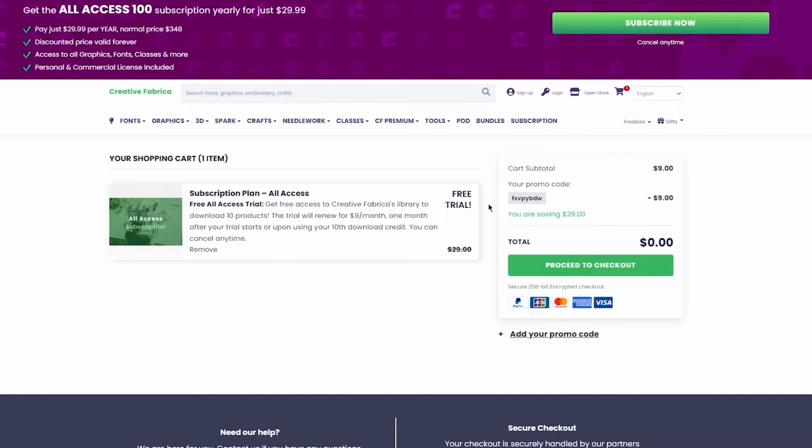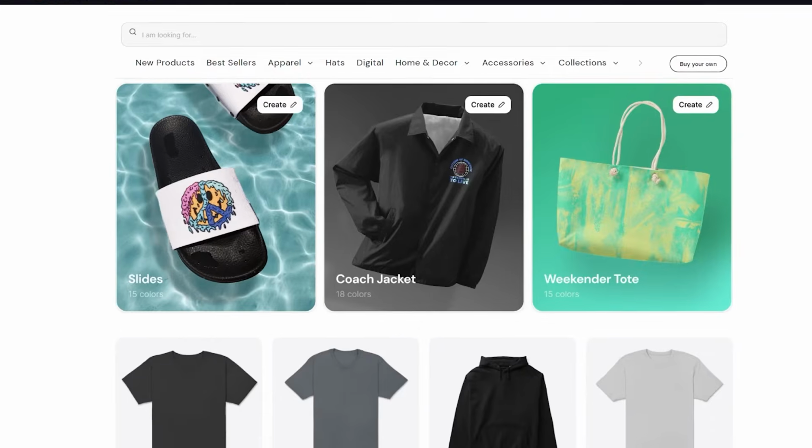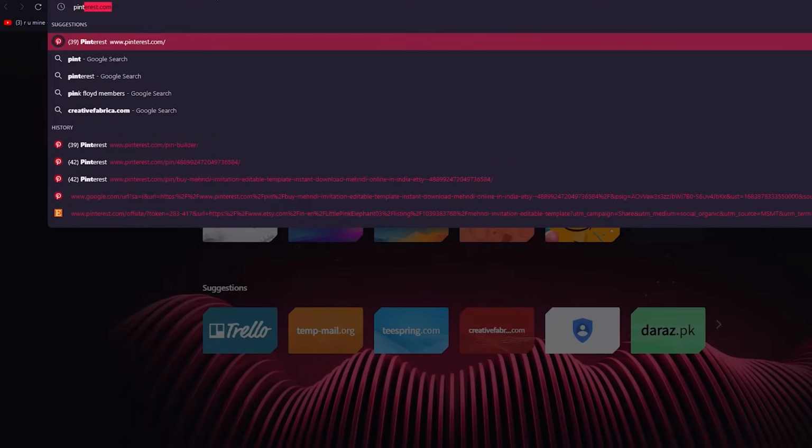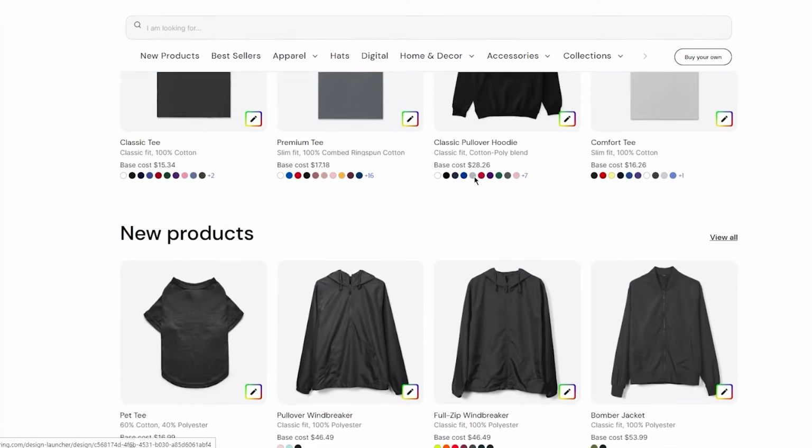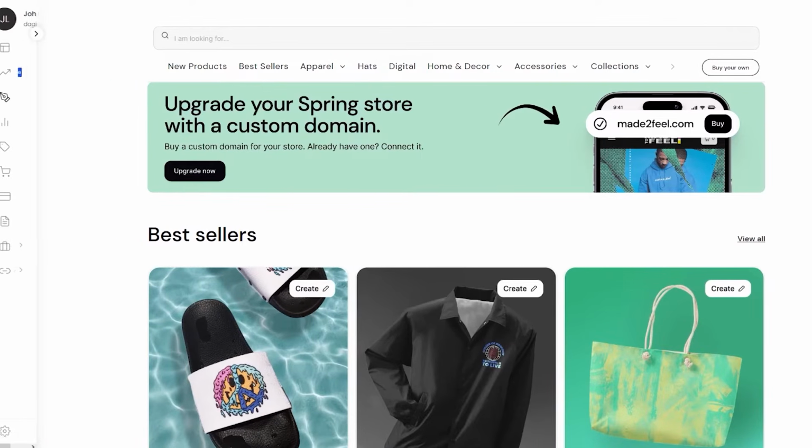But in my case, what I'm going to do is use the free ones. So either download these or you can go to websites like Pinterest. We're going to go to Pinterest.com. Wait, let me also show you, once you have all your designs over here, you can create your own